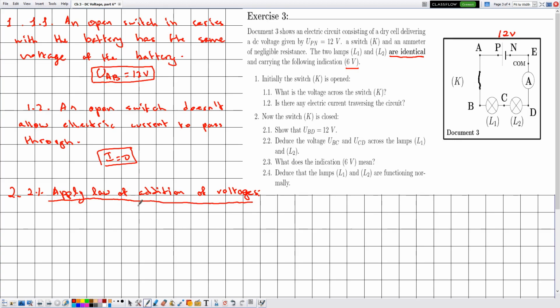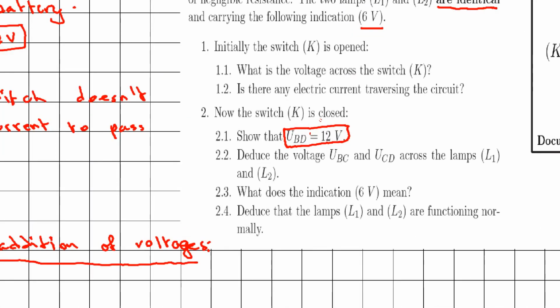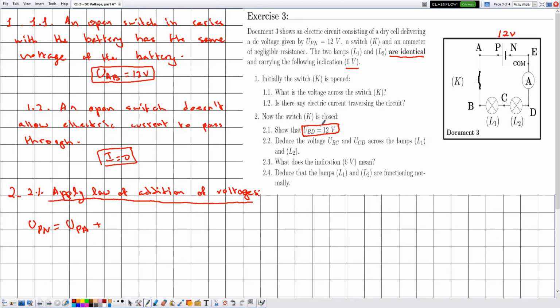How do we apply this law? Always on the left we write the voltage of the battery, which is given by UPN, and on the other side we write the voltages across different electric components starting from point P and ending with N. So from P to A, notice that here they are telling me to show that UBD is equal to 12 volts. So we require that UBD must appear in the equation. Therefore, from A to B,